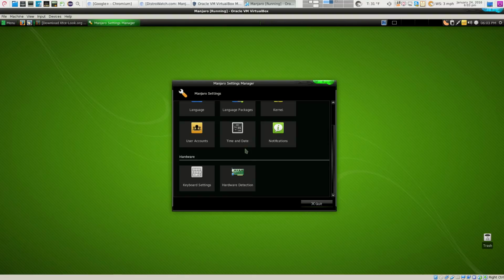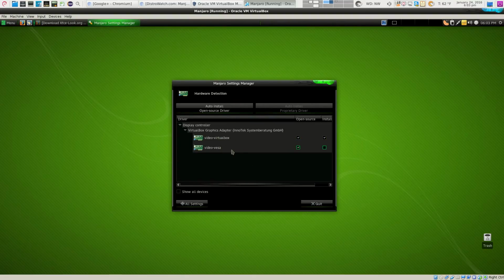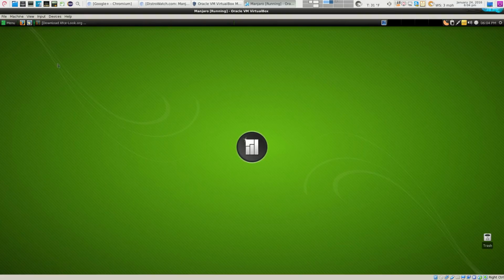All right, so that can be done here. If you got an NVIDIA card and whatnot, you can install it or add it if you want. It should be there. And I don't know if there's anything else I can show you guys with this distro here. I know I've done a lot.